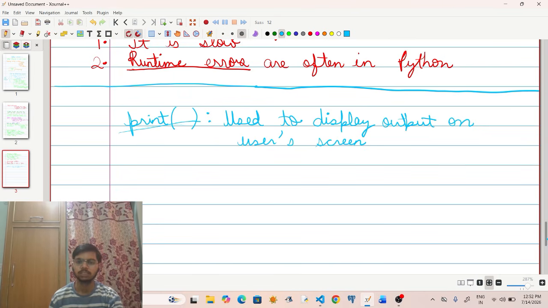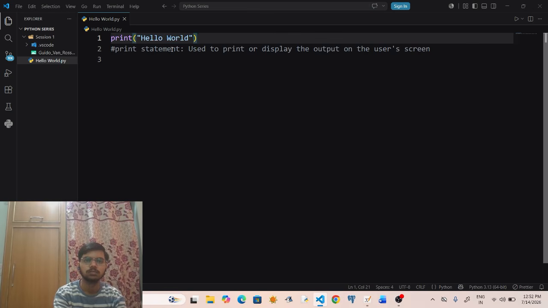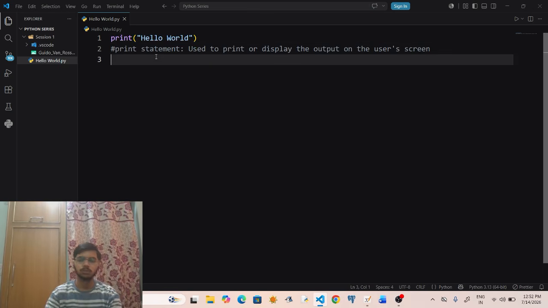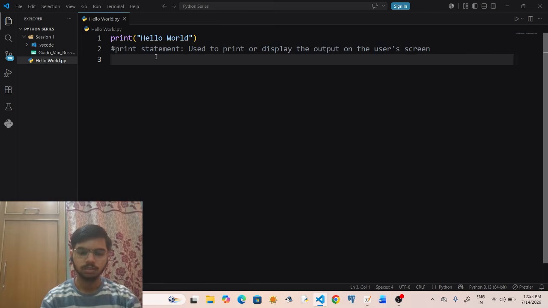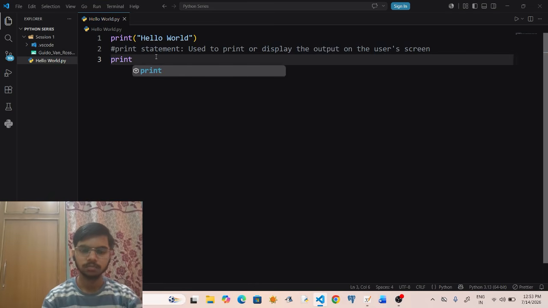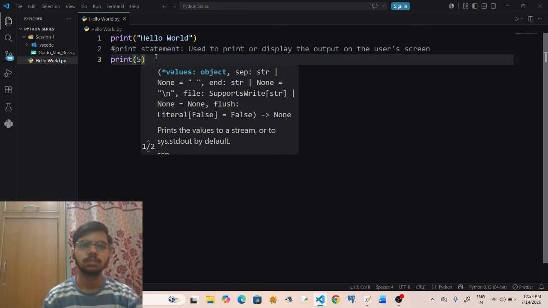Suppose I want to print some message such as hello world. I will go to my VS Code, write print, then within these quotations I will write hello world. Suppose you want to print a particular number such as 5. You will write print, then curly braces, and within it you will write 5.